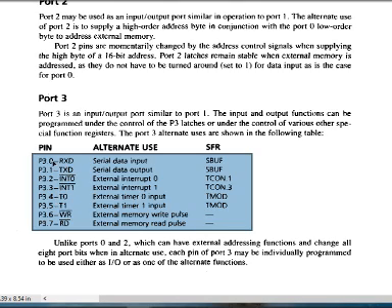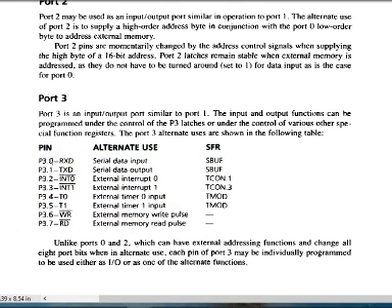Already we know that port 0, port 1 and port 2 are there. Port 0 and port 2 have the address bus pins. Then port 0 has the data bus also, and port 3 is dedicated to all these special pins.